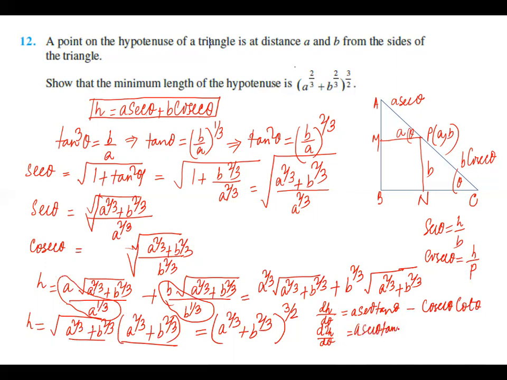So no need of writing it here, you'll write this will be positive. It is a big expression, no need of writing whole things. You write it is positive because cosec theta derivative will be again negative. So the whole thing will be positive and theta is acute. So it will be positive. So verified. But you have to write that it is greater than 0. So it is verified.